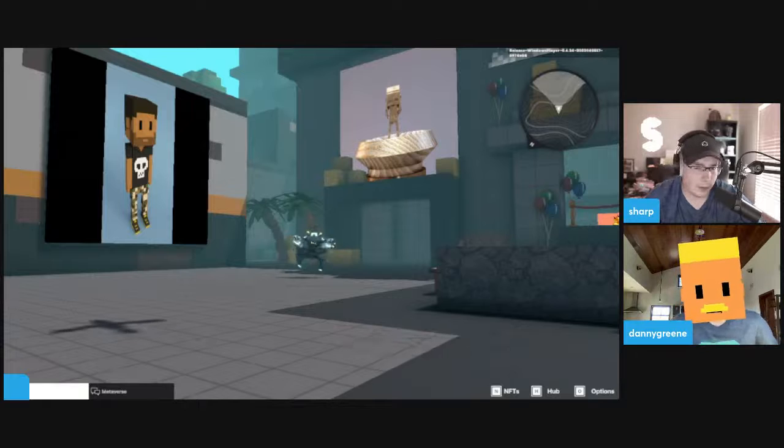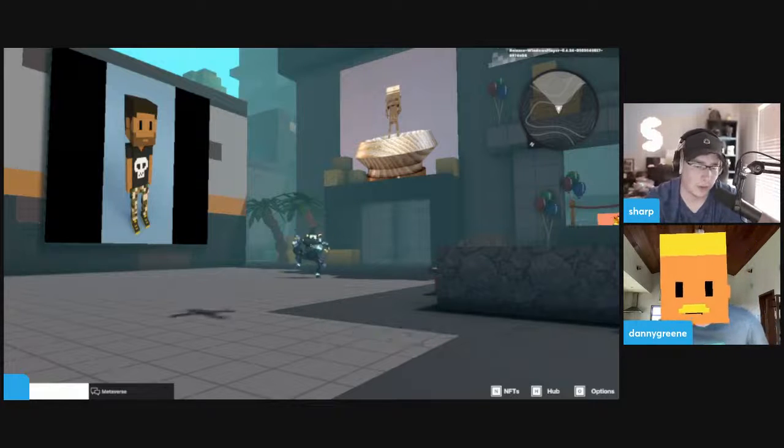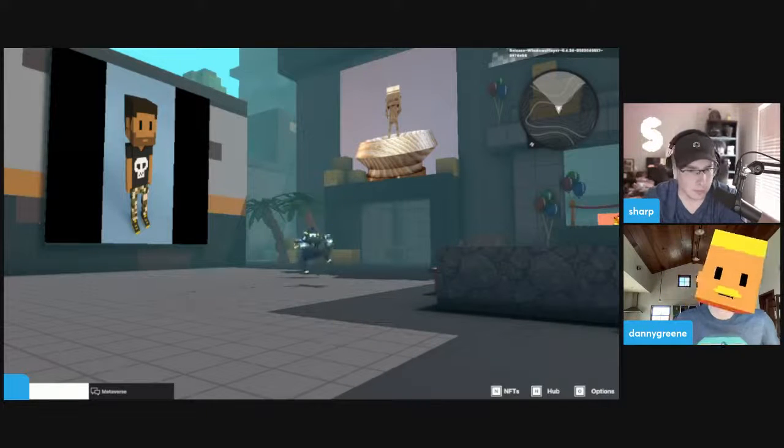But I guess, how did it form? How did you go from just Meebit community members to, hey, let's make a whole organization where we can vote on things? Totally. Yeah. So it formed because